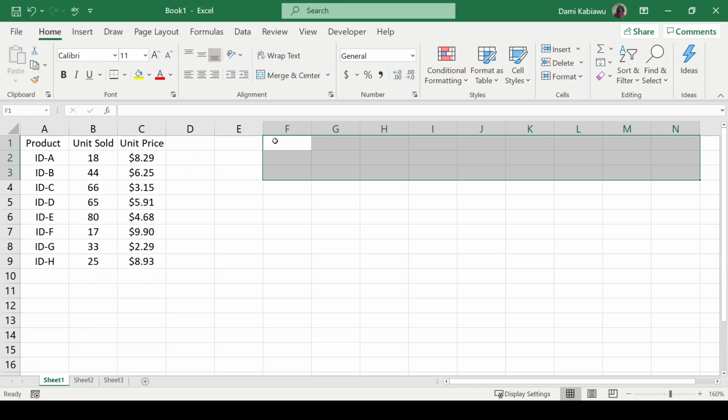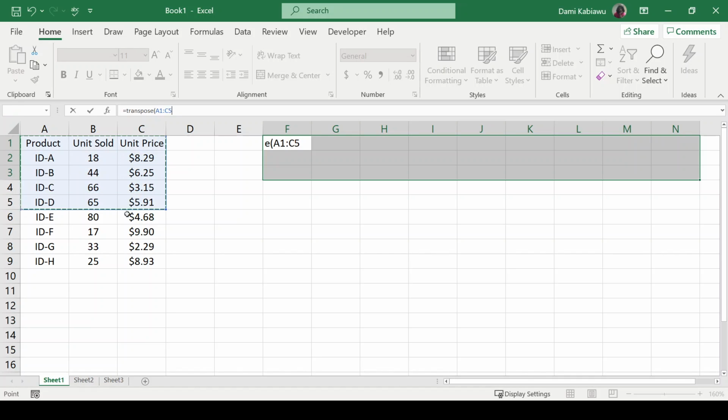Notice, an important detail, that the active cell is cell F1. When you're building an array formula, you go into the address bar and type the formula in while your destination or target cells are still highlighted or marked. So I'm going to type equals transpose, open bracket, select the array to transpose,